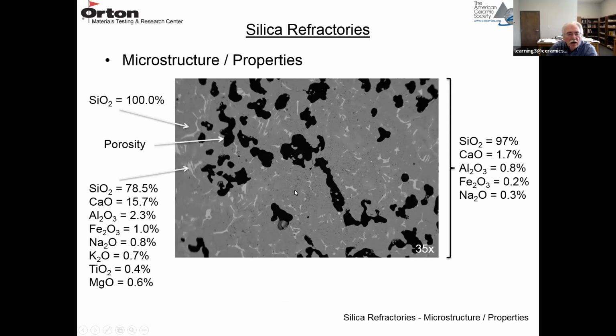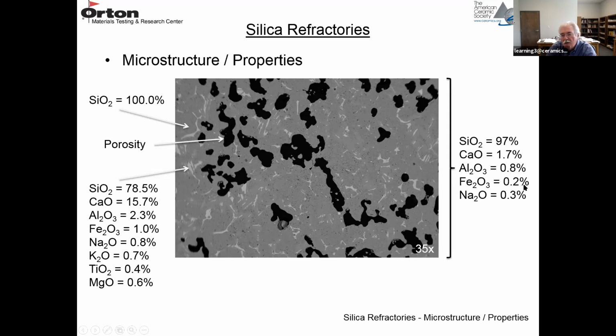This is an SEM photograph of a sample that we looked at. It's a polished section at 35X. The dark black spots are porosity. So there's probably 10 to 20% porosity in this material. The overall chemistry from the SEM analysis is 97% silica, 1.7% CaO, which is your mineralizer added to this material. And then the impurities that were detected,